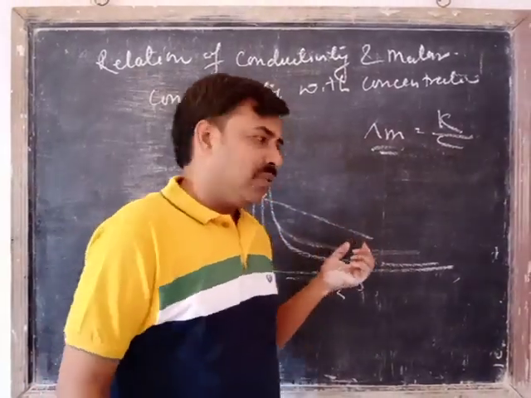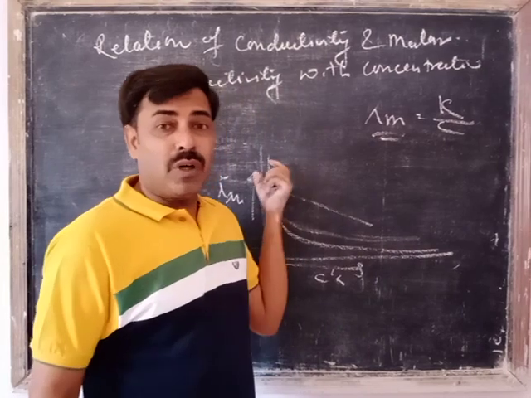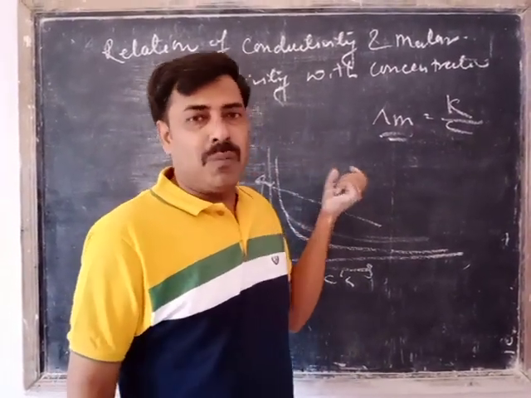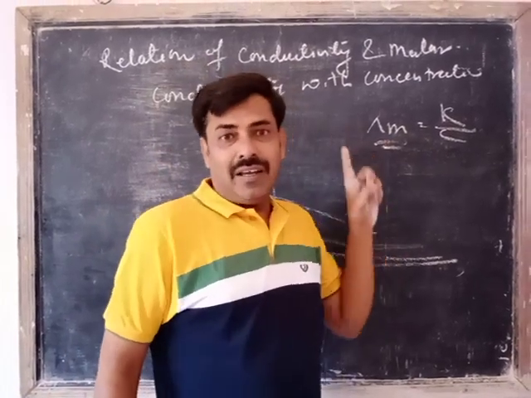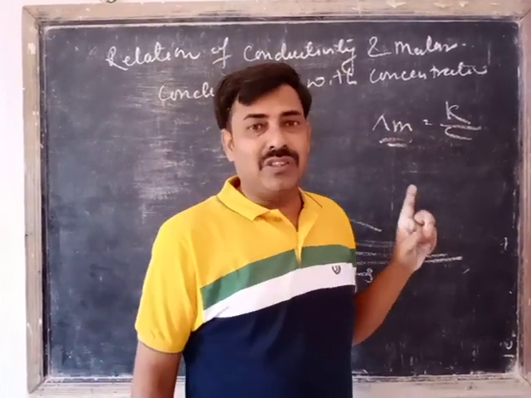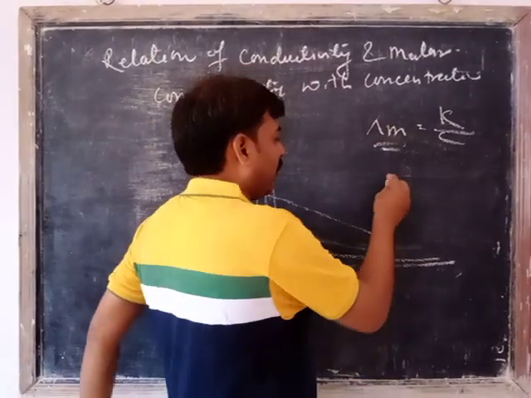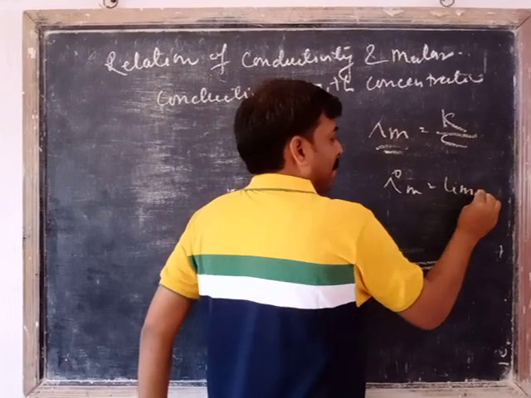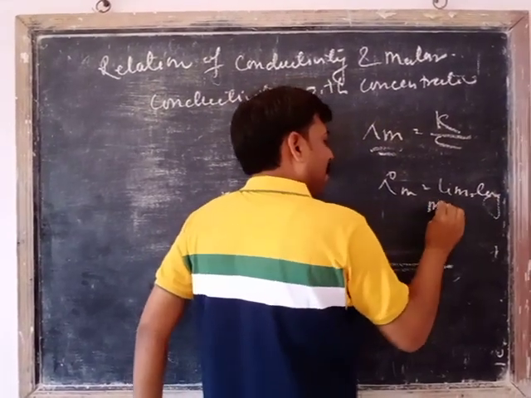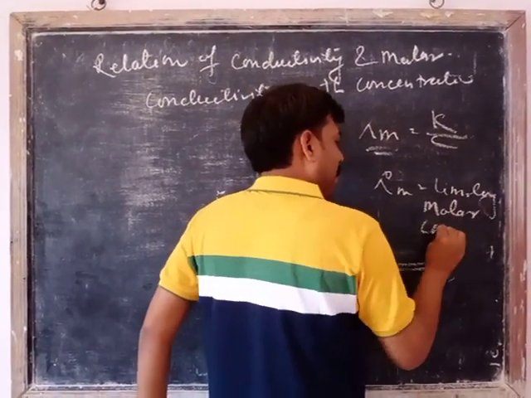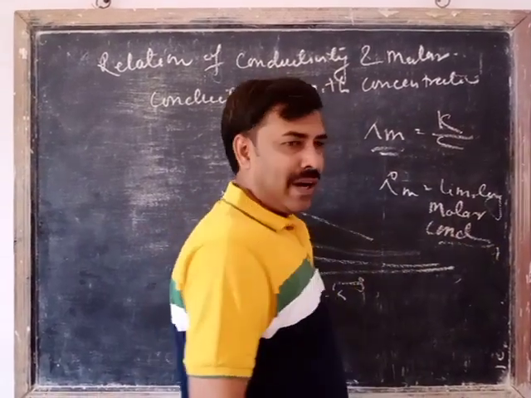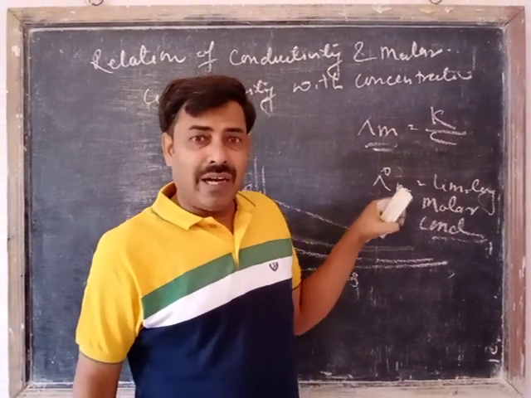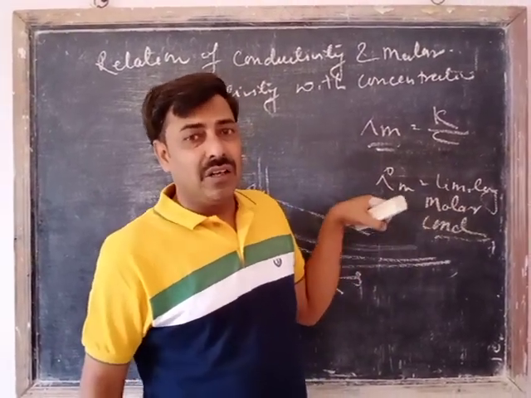So we are seeing that with the decrease of the concentration, the molar conductivity is increasing. At a specific concentration, the molar conductivity will be at its peak, and that will be considered the limiting molar conductivity. How do we define it? The molar conductivity of any electrolyte at limiting dilution is called the limiting